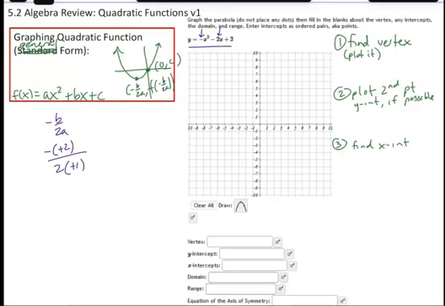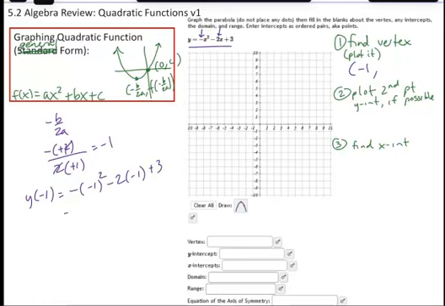I'm left with negative 2 over 2, which cancels, so this is a negative 1. So my x-coordinate for the vertex is negative 1. For my y-coordinate, I'm going to take my y function and substitute in a negative 1 for all the x's. So if I write that out using placeholders, and then plug in my number, negative 1, into each of these placeholders, I get negative 1 squared